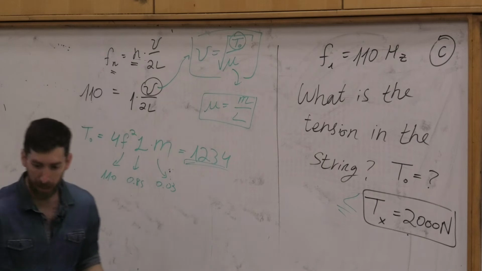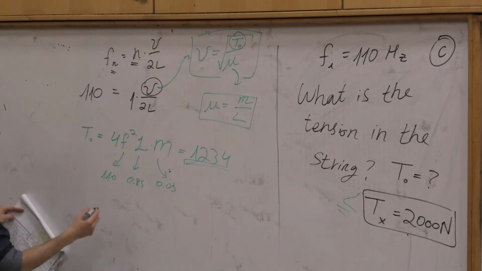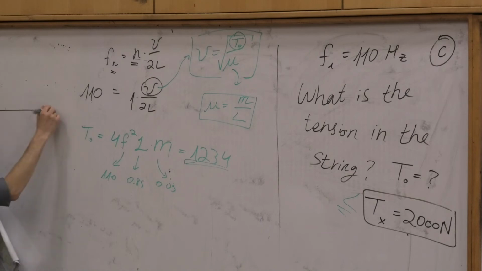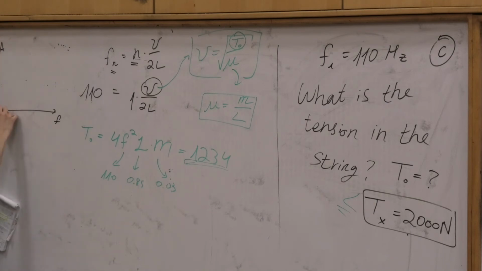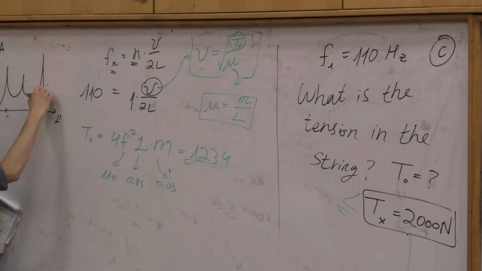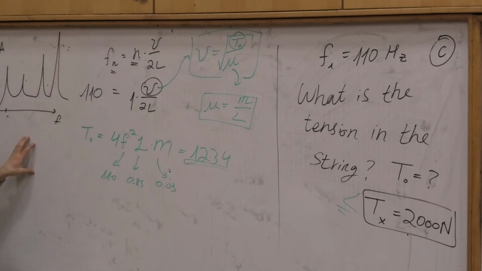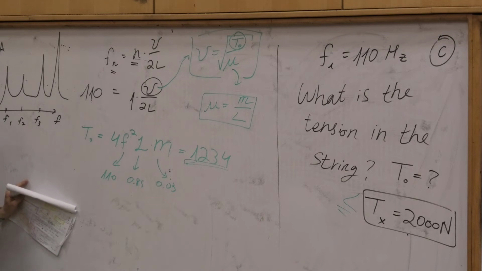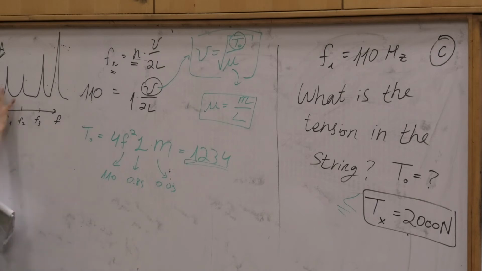Just to tell you, because I think it's interesting: when we play musical instruments and I plot the frequency and the amplitude, how strong it is, you're going to see this pattern. You're going to see a significant frequency, another significant one, another, another. And this is the ID of the instrument that you play. This can be F1, this would be F2, and this is going to be F3. The y-axis is the amplitude, how strong the instrument actually plays. So that's what's going to happen when you check the frequencies of the instruments.